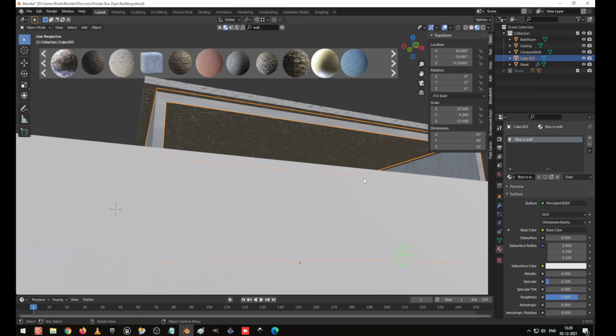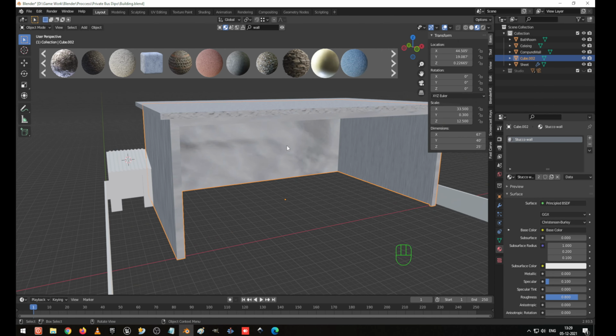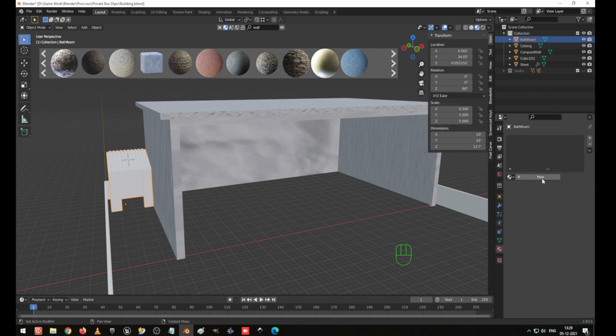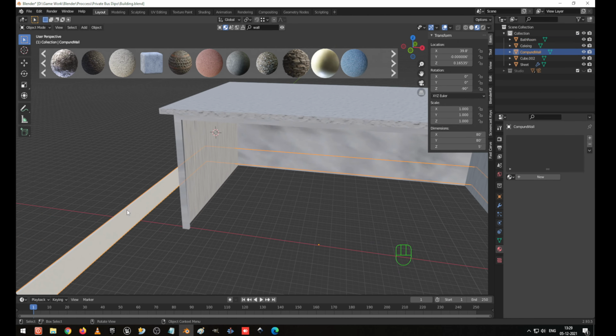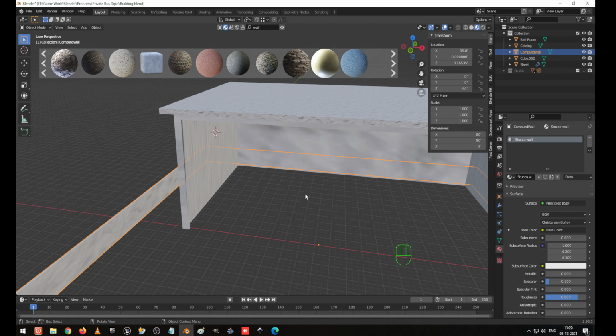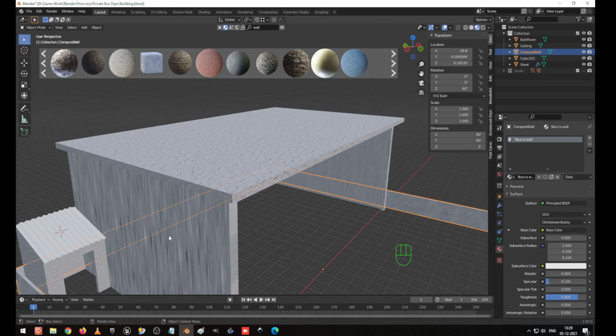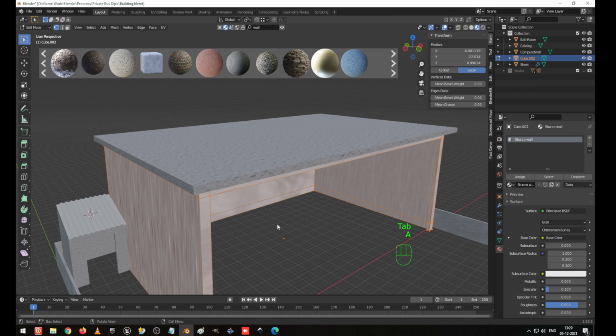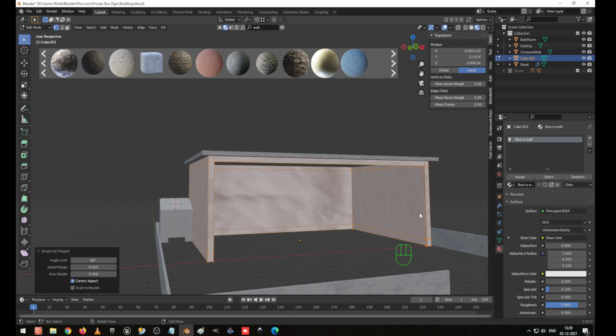So this one I have to do some alignment for, so I will guide you how to do it now. This wall also same, and this wall also same. So now here again you are able to see everything looks very terrible, right? Select everything, U, unwrap, Smart UV unwrap, I click OK, but still it doesn't look nice. So what to do for this, I will guide you.